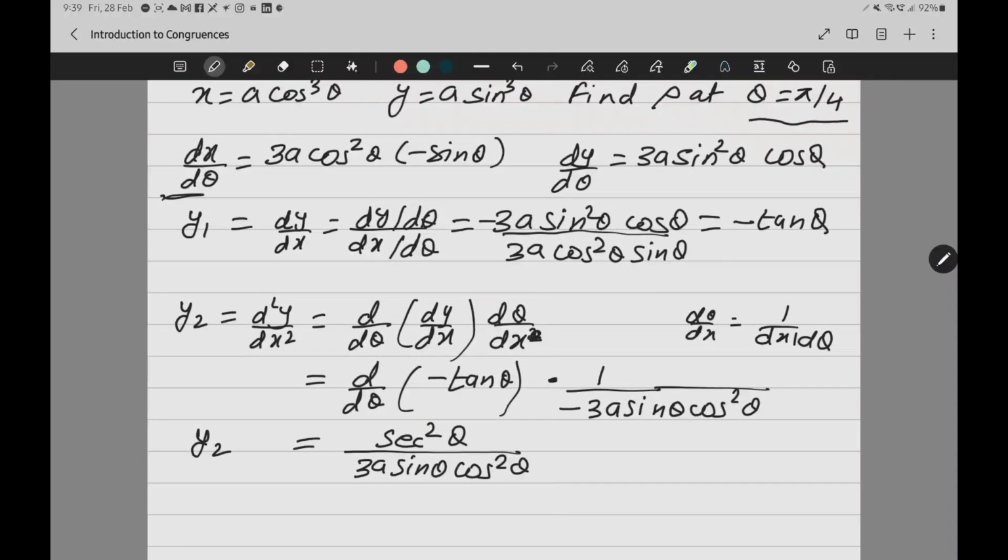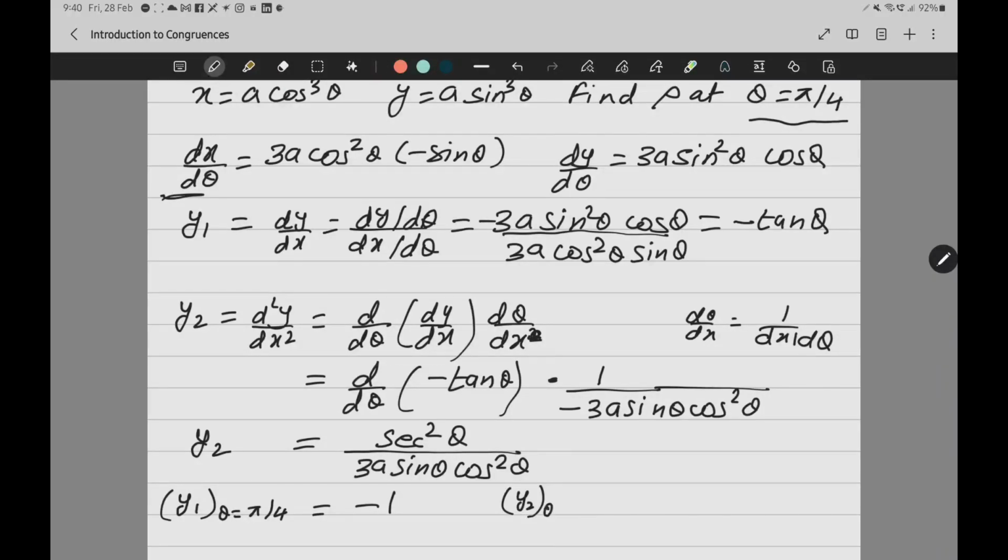So, I will put pi by 4. Even if you apply the parametric formula, first you find out x1, y1, x2, y2 and calculate it at pi by 4. So, small numbers will come. Then only you have to put those numbers in the formula. So, now let me find out the value of y1 at theta is equal to pi by 4. So, minus 10 pi by 4 is what? 1.